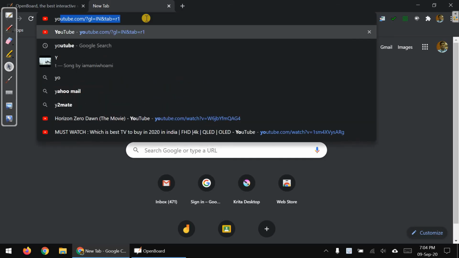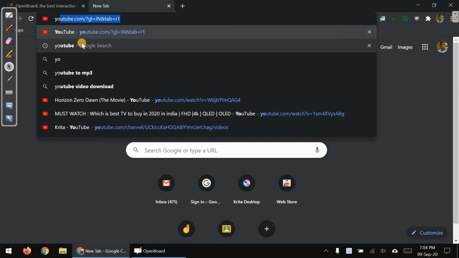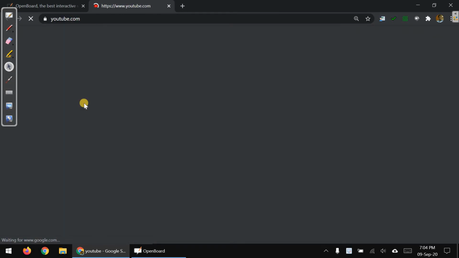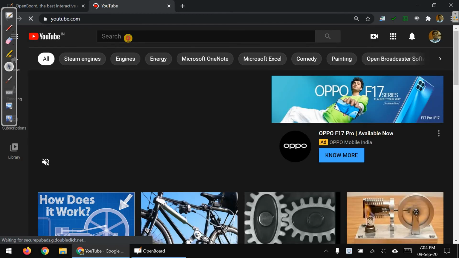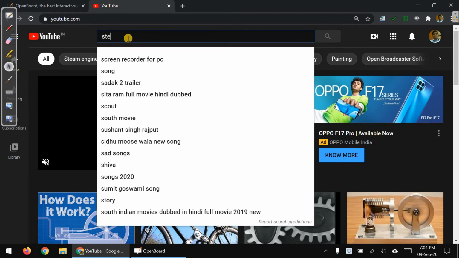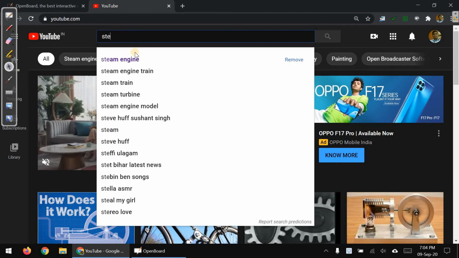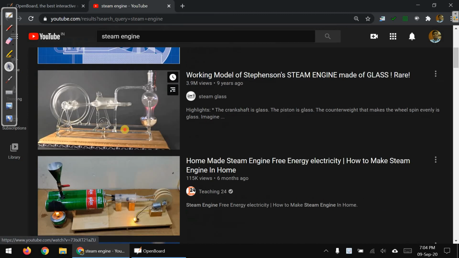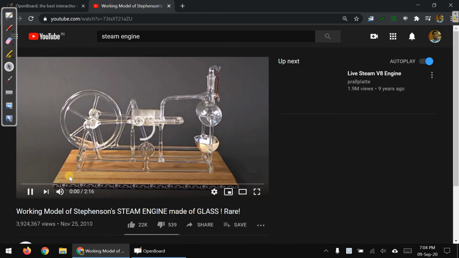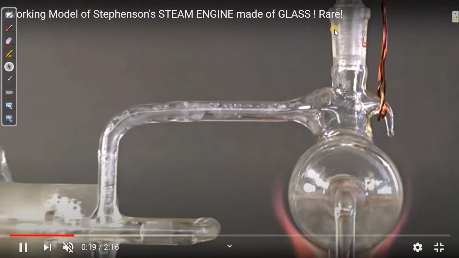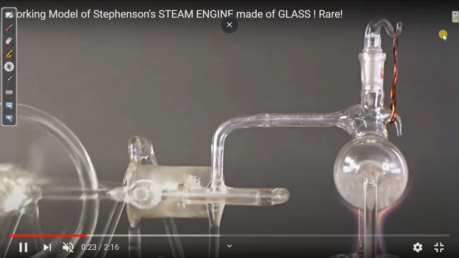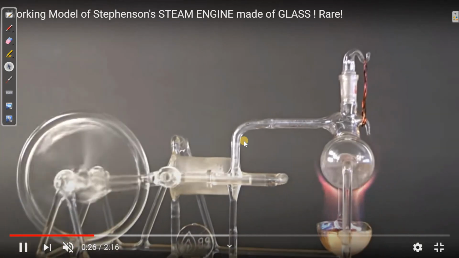So if you want to go to YouTube, you can go there and search for something. Suppose you want to search Steam engine. Like that you can show your entire screen, only a little bit of the open board will be there, and that is acceptable.